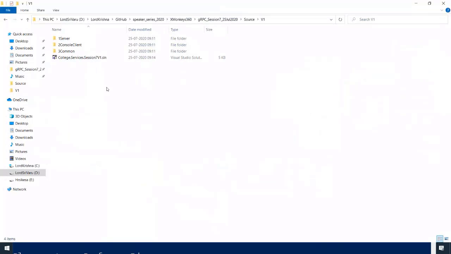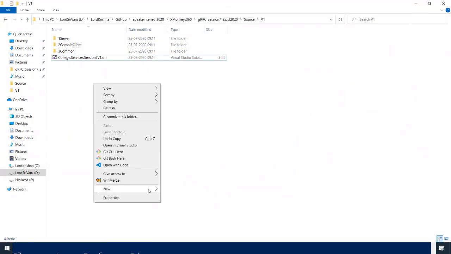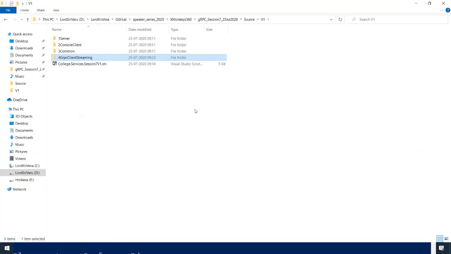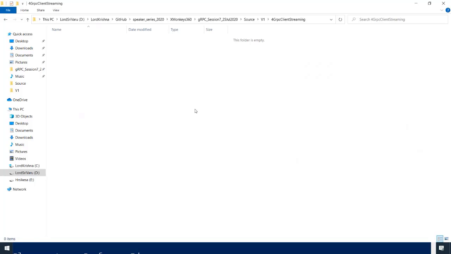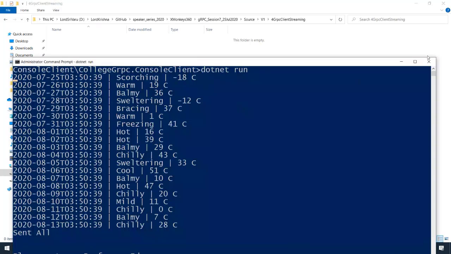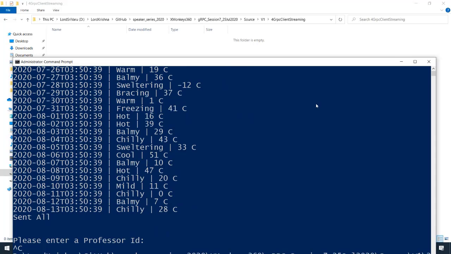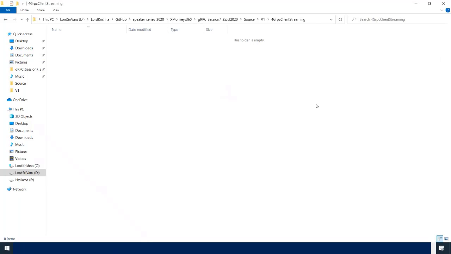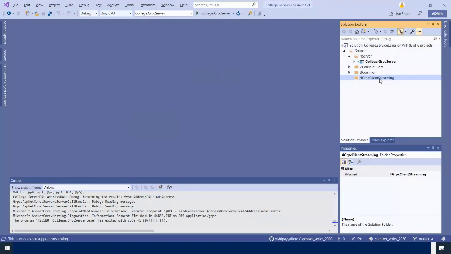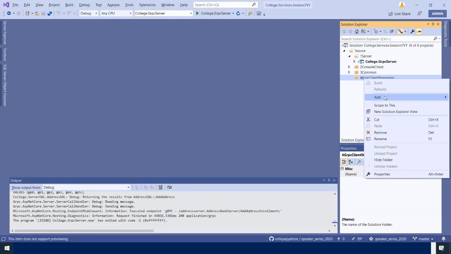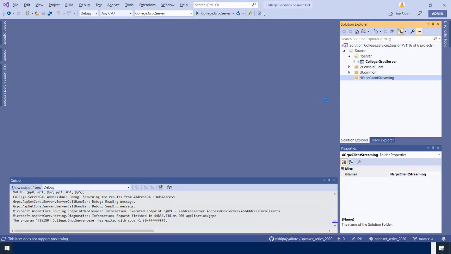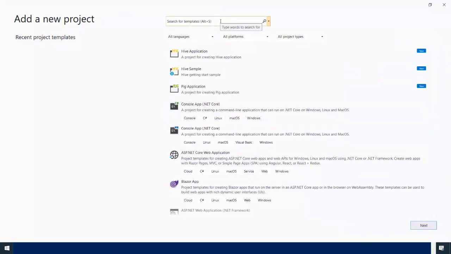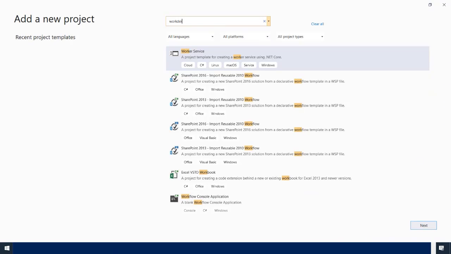I'm creating this folder just to match how the solution looks as well as how we are doing. Let me quickly come back here and create a new project, and that should be a worker service.